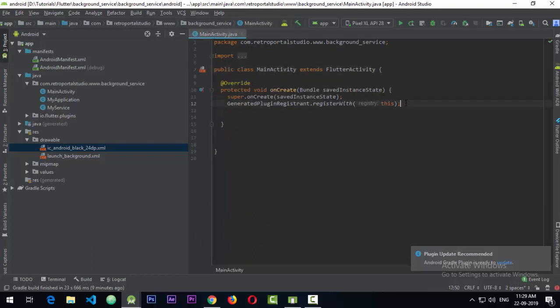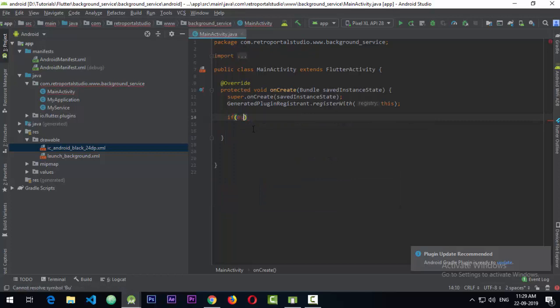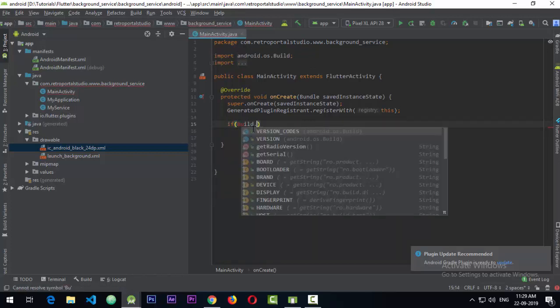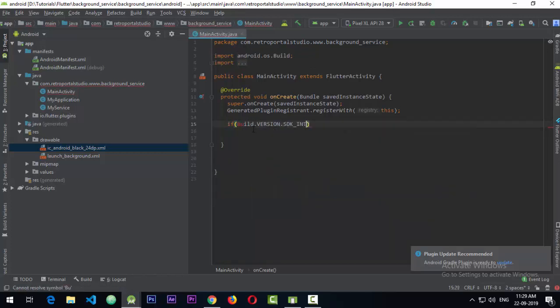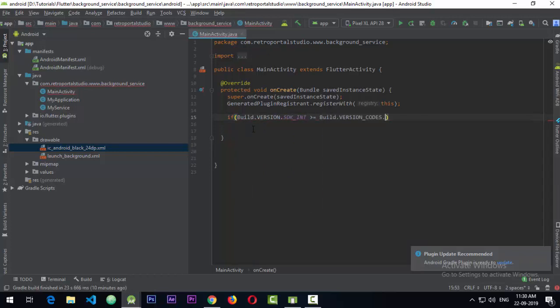Closing my application class. So now what we want to do is create the notification in the app. For that, we can do start service. We also need to put the check here: if Build.VERSION.SDK_INT is greater than or equal to Build.VERSION_CODES.O,